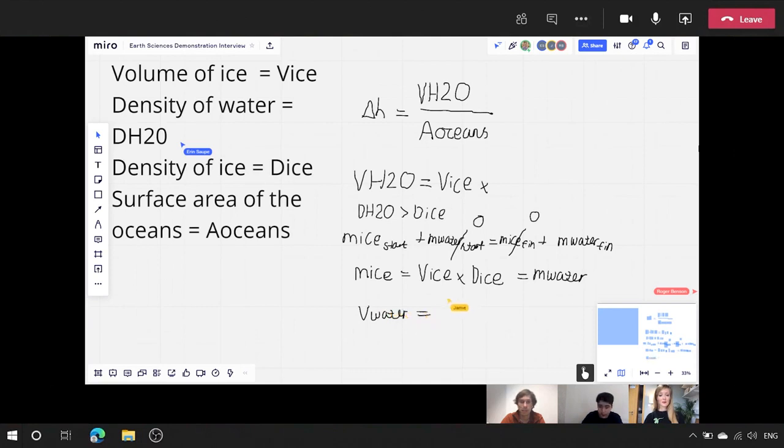So this will be equal to M water over the density of water, which are both known at this point. Yep. And then once we have the volume, the volume of water is also equal to